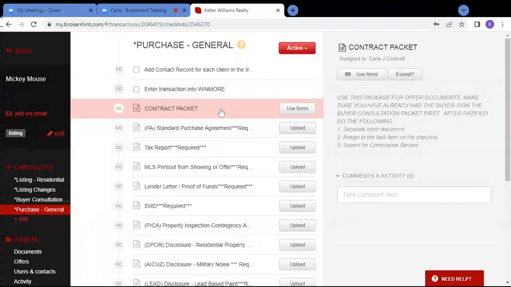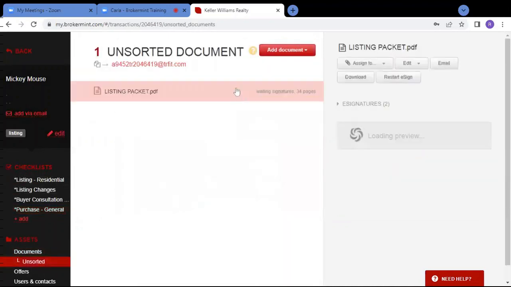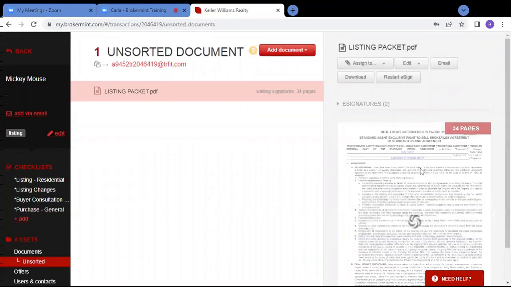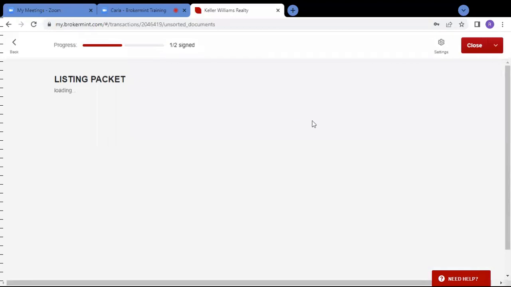Now with a contract, you're not going to split it unless it's ratified. So once you complete this contract and everything is signed, you're going to print it to a PDF and drop off those last signature pages that I showed you on that one packet. I'll go there and show you what I'm talking about. So you always want to print it instead of downloading it, because if you download it, you're going to get the very last pages,